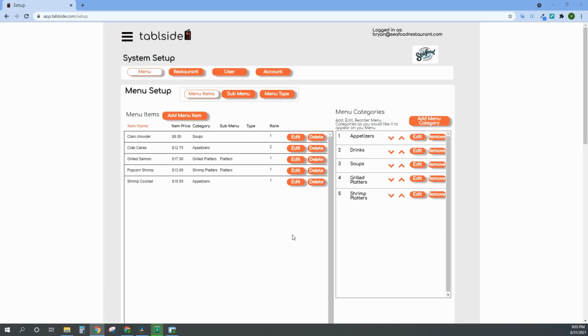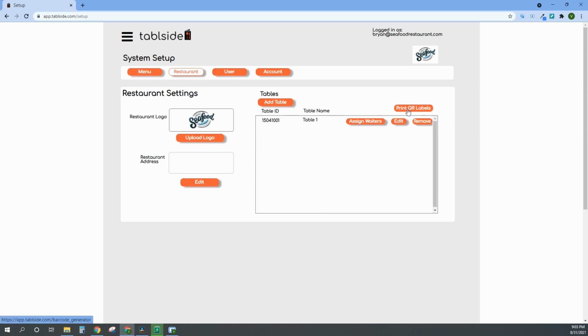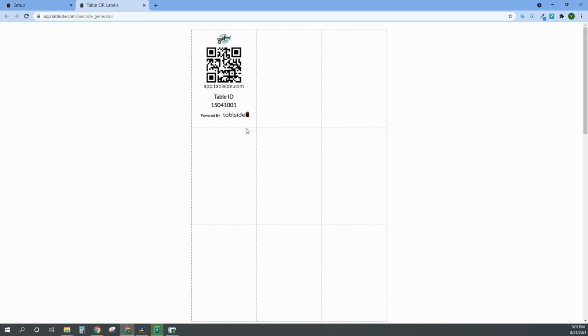So now that we set up our menu, it's time to print out our QR codes to give your customers access to the menu you just created. To do that, go to Restaurant, click on Print QR Labels. Now, because we only have a single table, it's only going to give us a single QR code. As a free member of Tableside, you will only need one QR code to allow your customers to view the